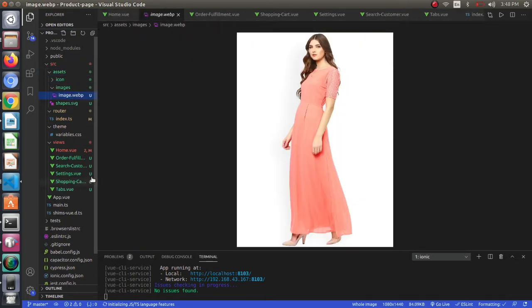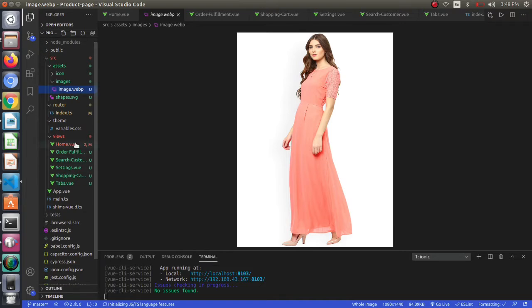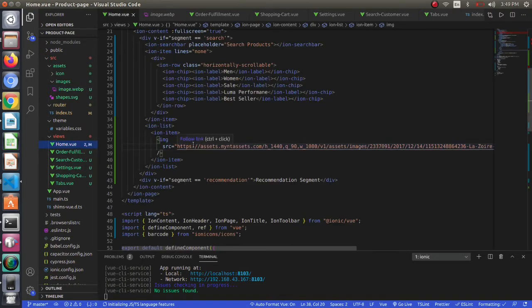So how we can use this in our project is very simple. I will provide the path of the image like this.